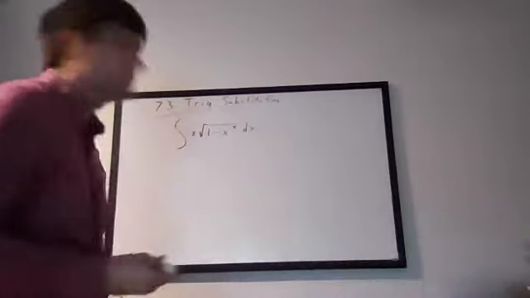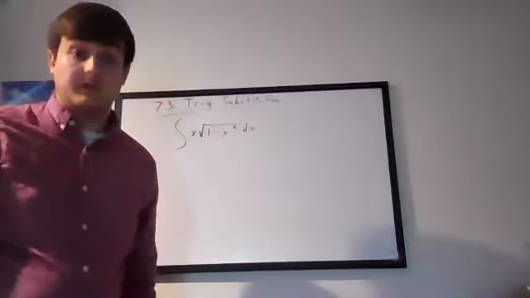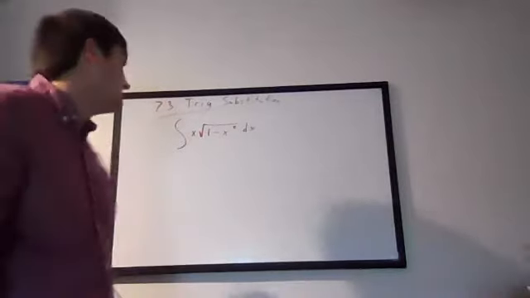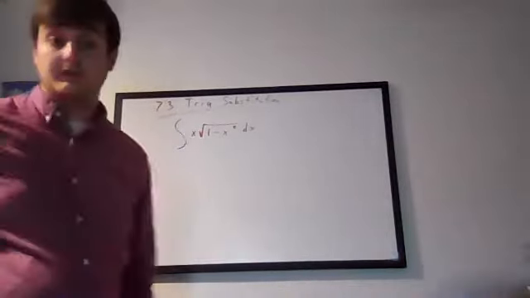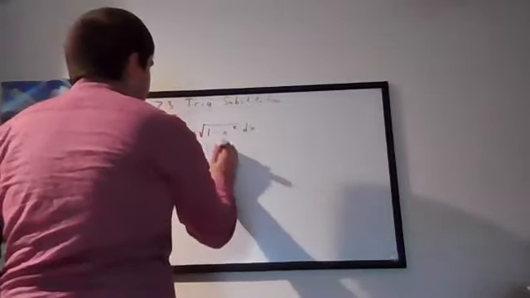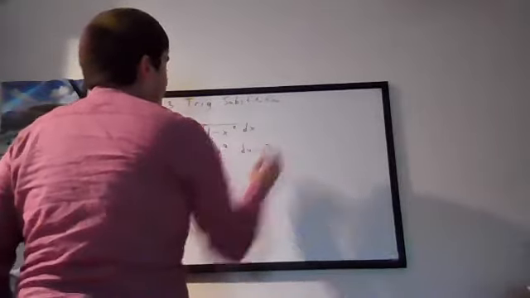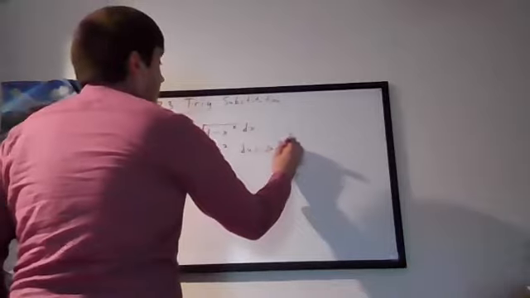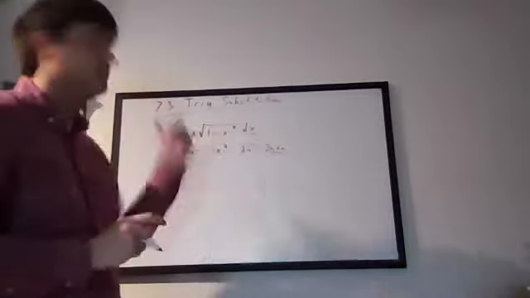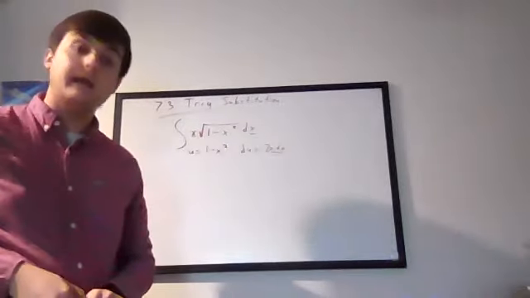Okay, so let's say that I gave this problem and asked you to evaluate it. Would you know how to do it? Let you think about it for a sec. But the answer is yes, we would. Because if I let u be 1 minus x squared, and I let du be negative 2x dx, we would have everything we need to do u-sub here and make this a very, very easy integral to work out. However,